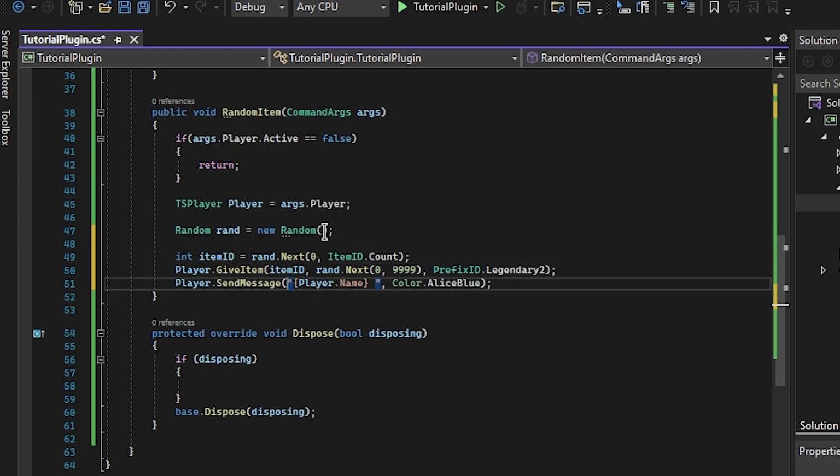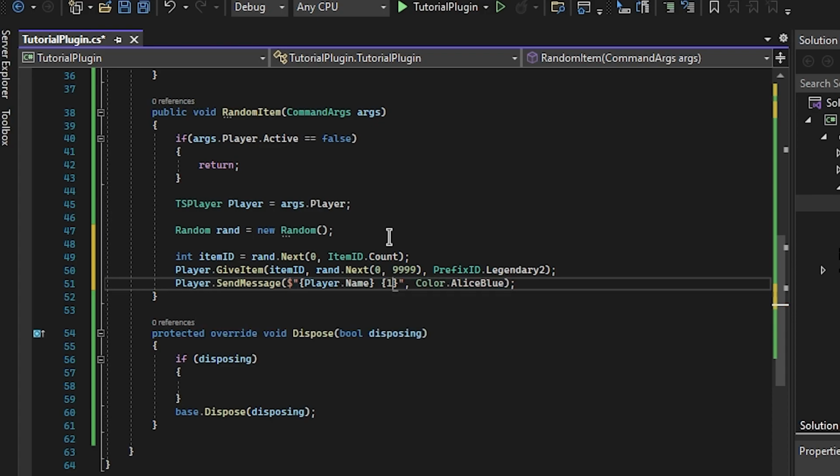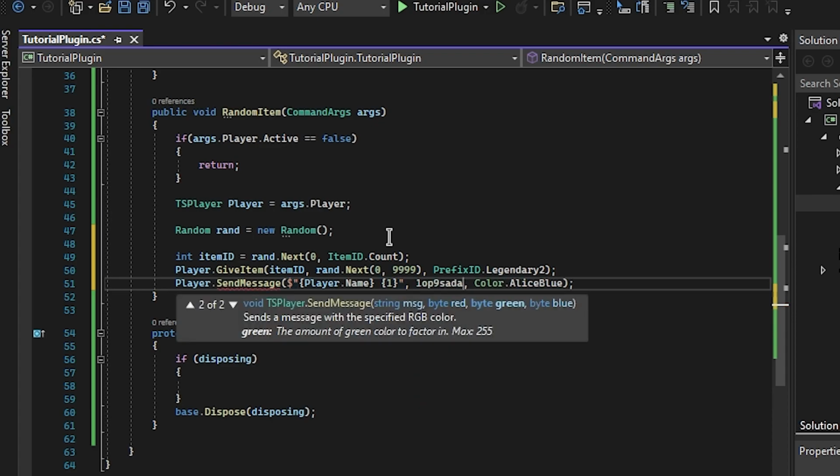Let's say I didn't have this $ sign. As you can see, it is no longer color coded, and now it'll just display like that. So the $ sign is very important. This is the best way, in my opinion, to do strings inside of text. I used to do plus and then add the variable. Or another way to do it would be, I think, something like this, and then just put the variable at the end. Anyway, I don't know, but we're gonna do player.Name